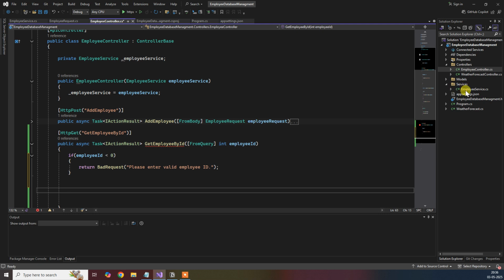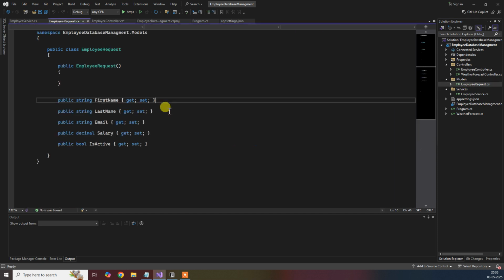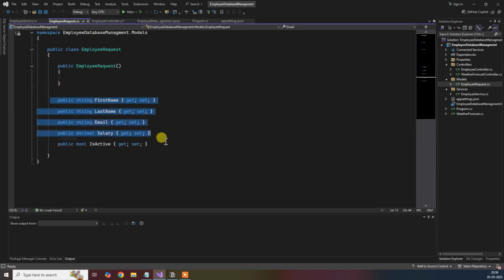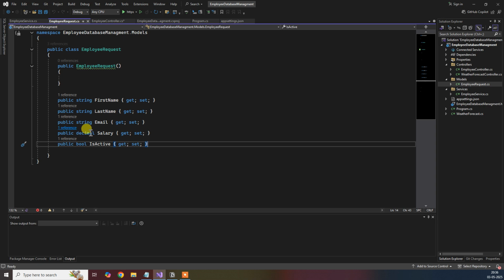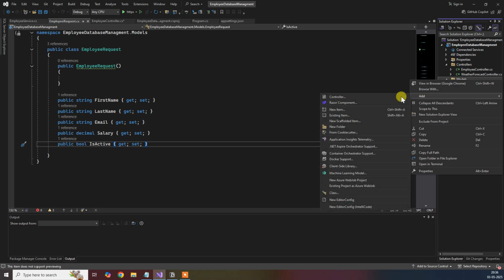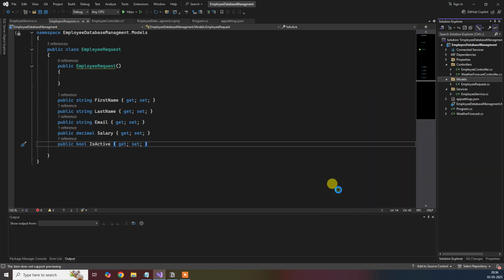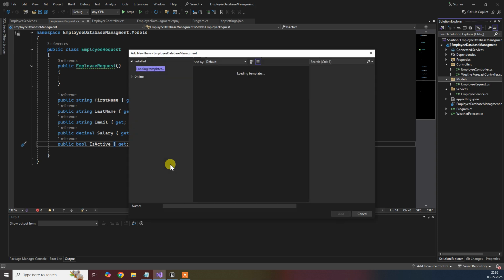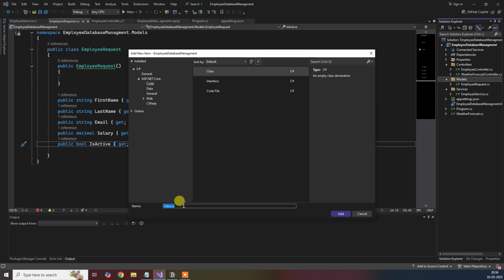we will add a model. Basically we do have the employee request, but here you can see the employee id field is not present. So what I'll do is I'll create a new model, right click, add, let's say class, and we'll create a model class, let's say EmployeeDetails. Okay,